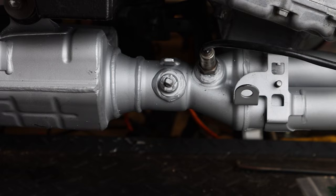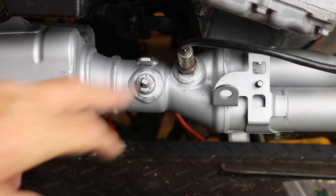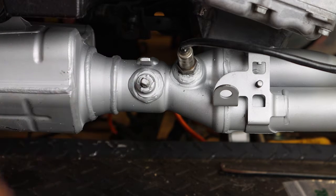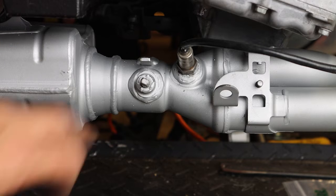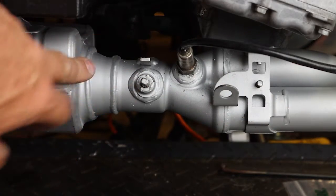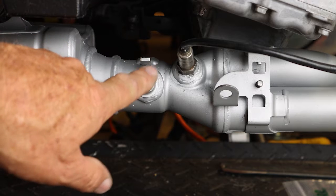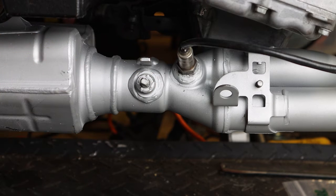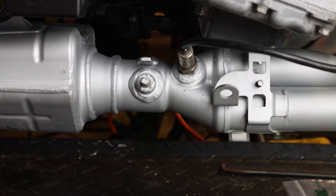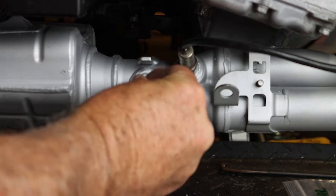In this video, I'm going to show you how to hitch up the exhaust control valve. If you remember, in the last video, we took the exhaust system back off, and we ran a borescope down through the top of the headers and down to see if we can figure out what position this valve is in. And using the Haynes manual and some diagrams, we were able to find that